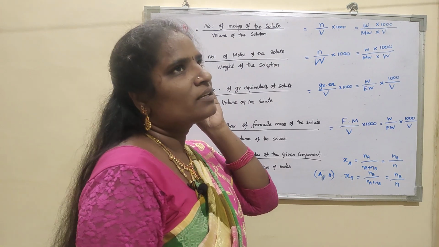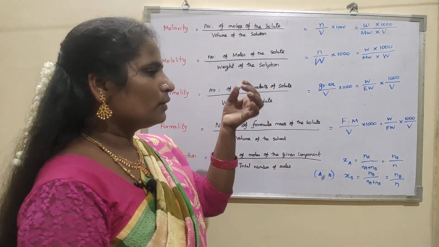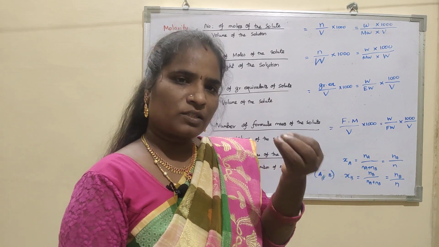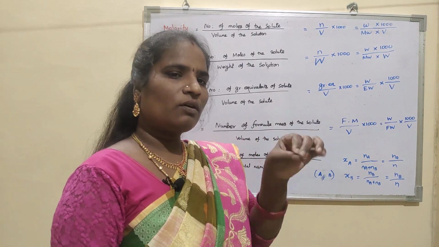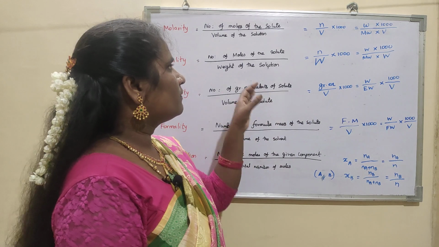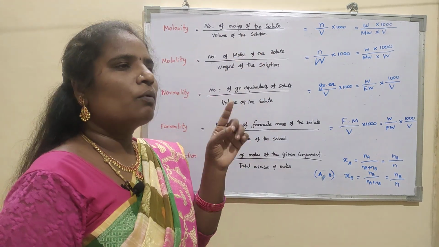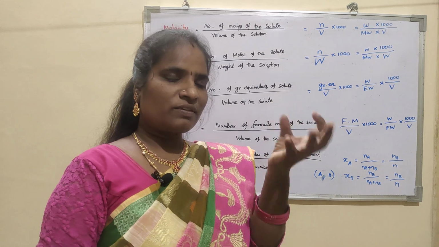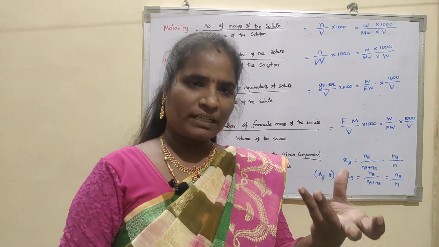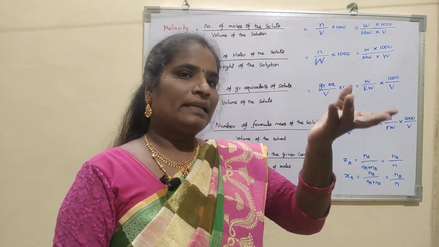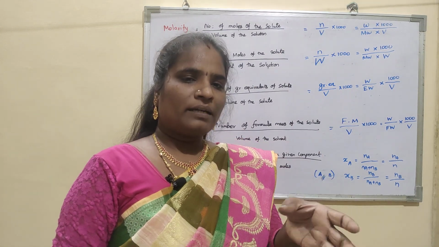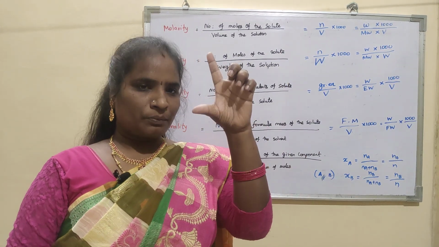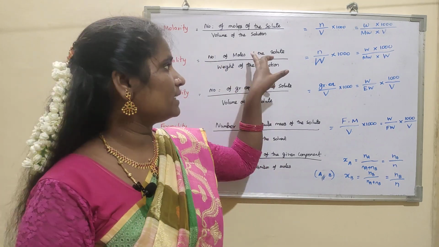So why are we saying solution and not solvent? Because the moment the solute is dissolved in the solvent, we call it a solution. For example, when they say 1 mole in 1 liter, first we have to take 1 mole weight of that component, then pour it into a standard measuring flask. Only then do we make it up to 1 liter,